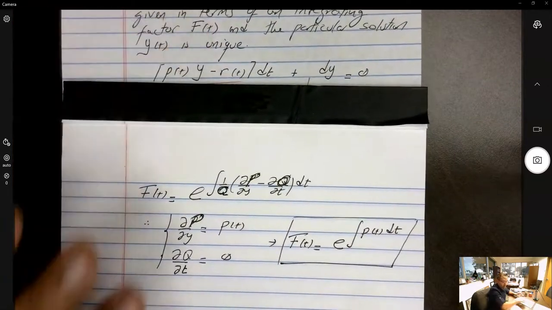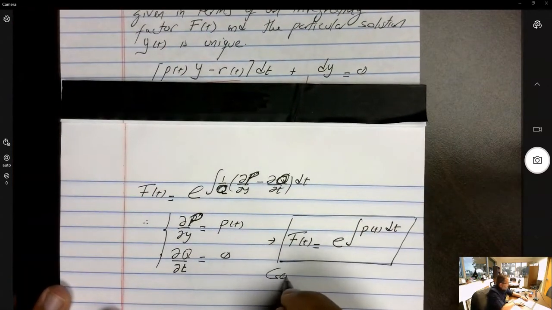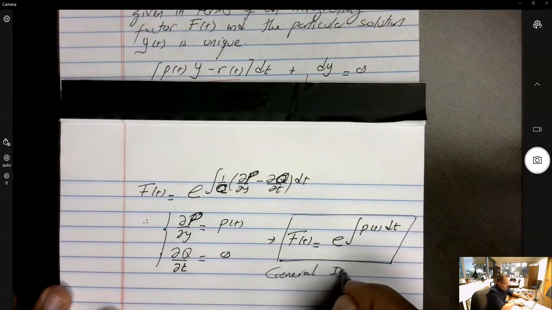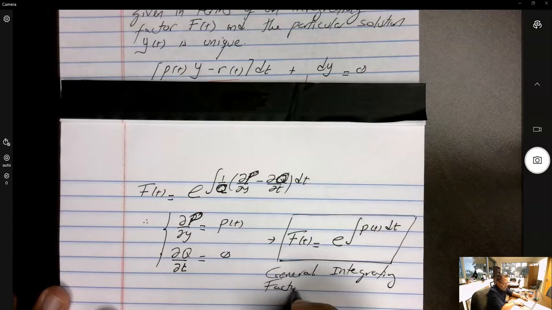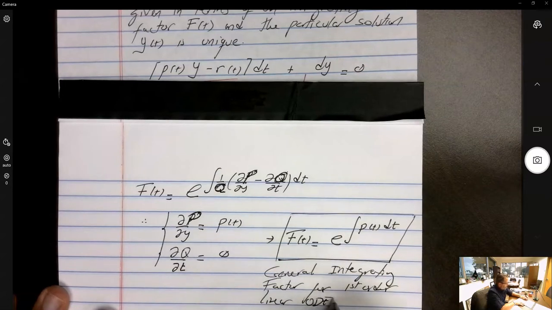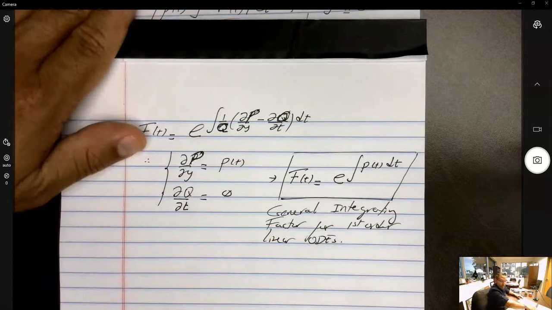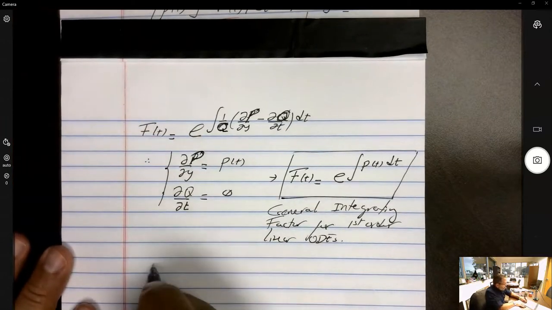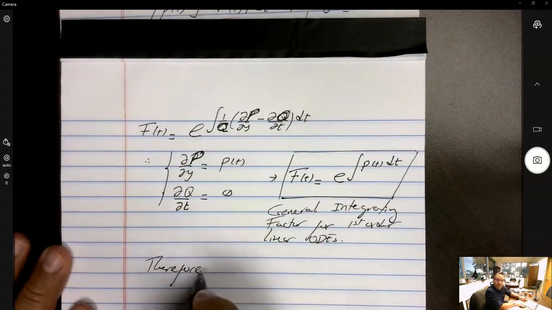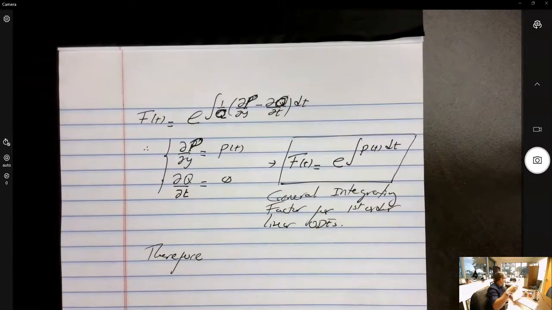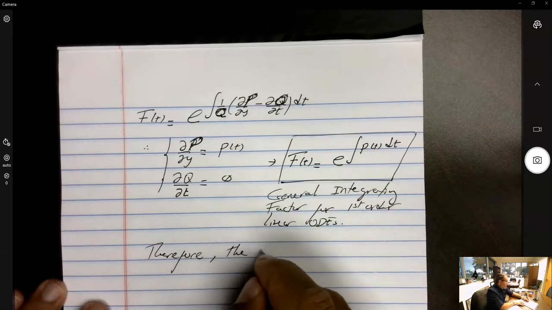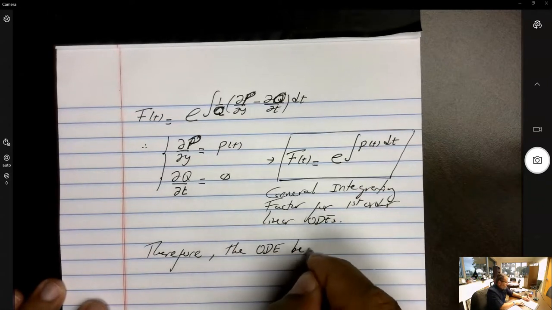So this right here is the general integrating factor for first order linear ODEs. Therefore, the ODE becomes,